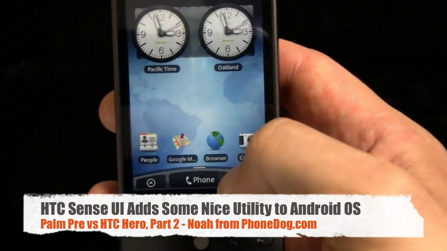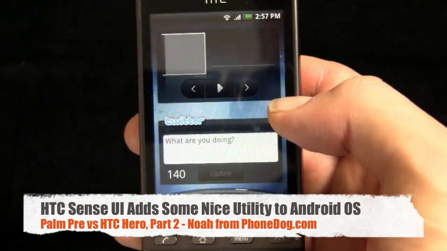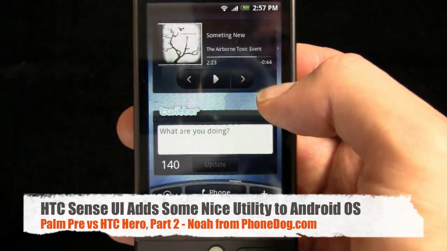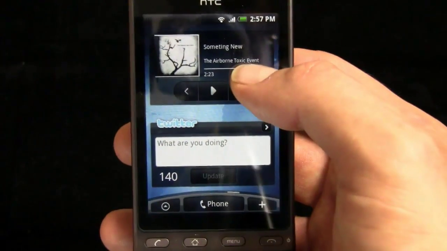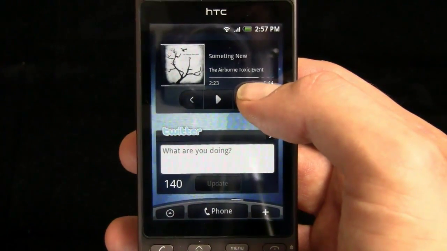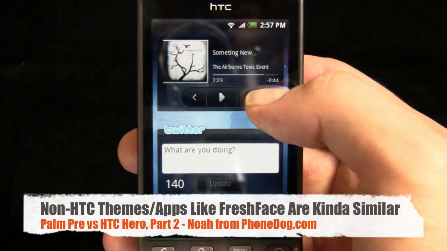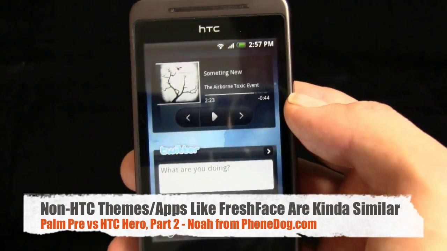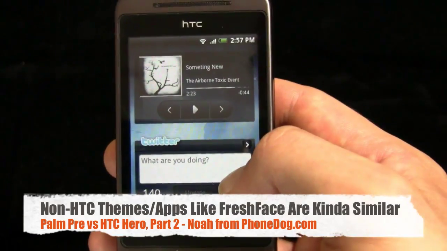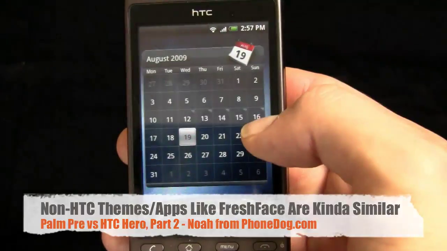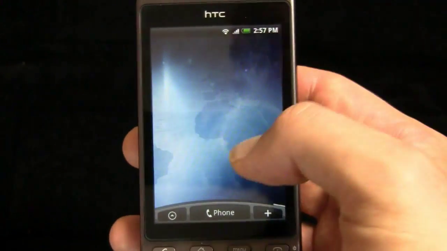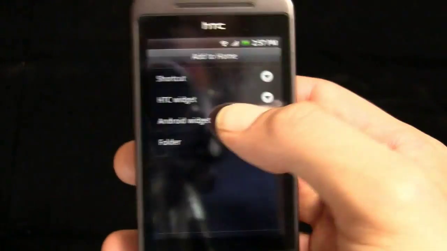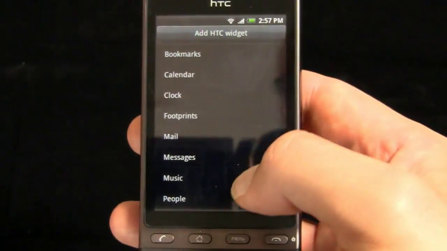shortcuts to different applications. Here's another screen where I'll get rid of that Airborne Toxic Event. I downloaded that album. I was all into that one hit single for like a day and a half, and now I'm over it. And yeah, I'm done. Anyway, here's your music player widget and a Twitter widget. Here's the calendar. And then this screen is still blank, so I'll go and add an HTC widget,